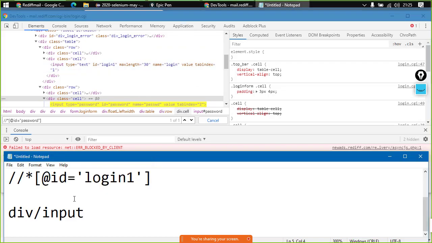Okay, so div slash input, we have reached here at this particular point. Now this div tag has a parallel tag, but we need to have access to this div tag, right? So this is inside div, right? Let us just go one step in reverse again. So we have got to this div tag.